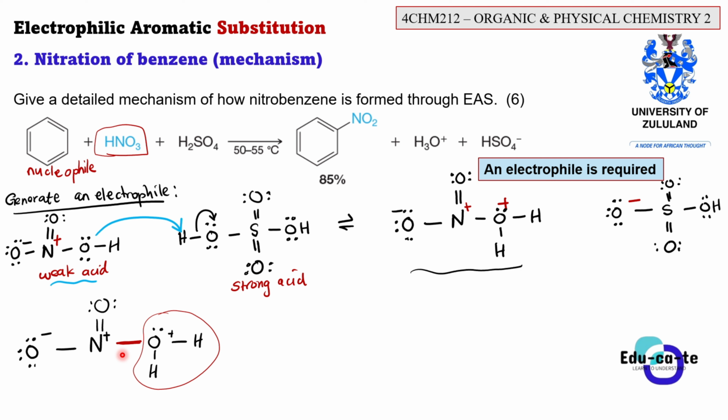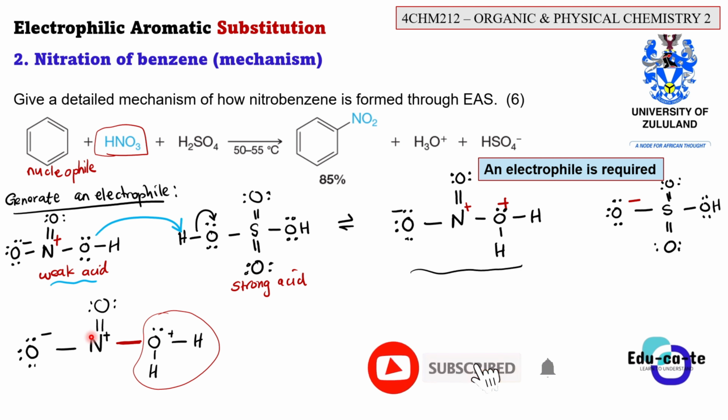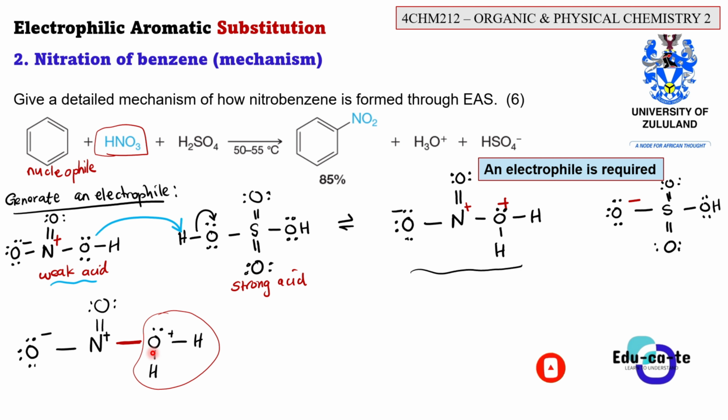And we have said that they always go to the element or the substance that is more electronegative. That's what electronegativity means. It is the tendency to pull a bonding pair of electrons towards itself. So in this particular case, the bond between nitrogen and oxygen, when we compare the electronegativity of nitrogen and oxygen, oxygen is more electronegative when we compare it to nitrogen. So it means that the electrons of this bond, when it breaks, because this OH2 is a good leaving group, it can just leave and take away the electrons.